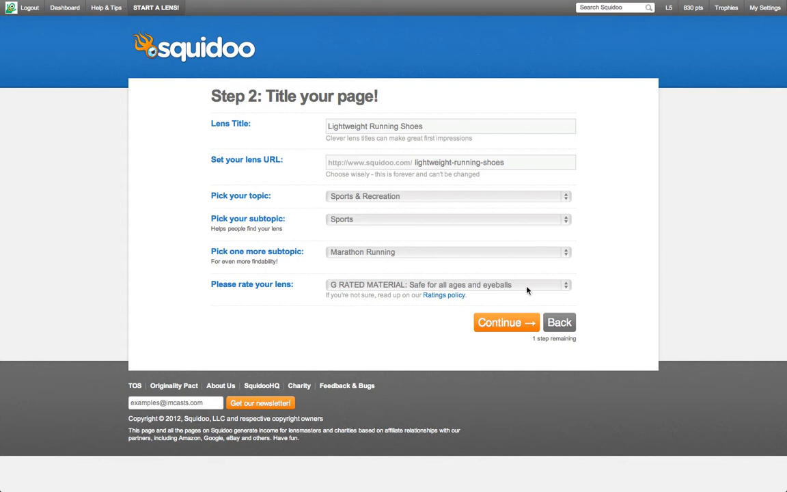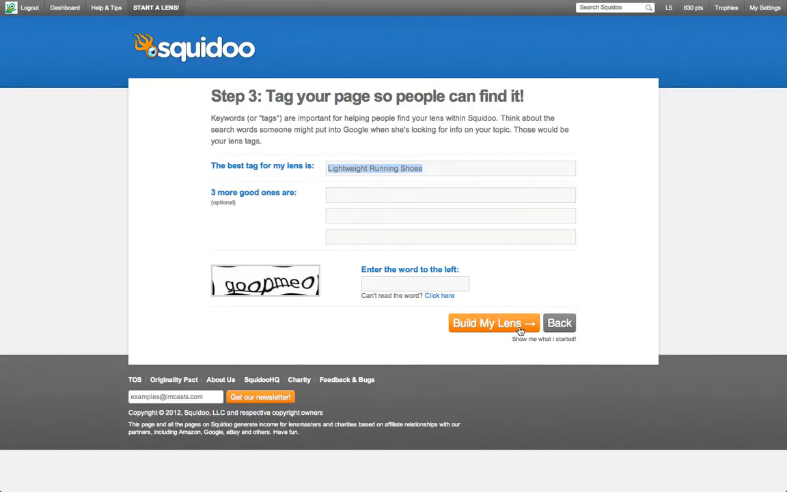Finally, this lens is available for everyone to see. It doesn't contain any adult content or anything you might not want people to view, so we're just going to leave it as G. We click continue, and then as you can see, we're at step 3. So the best tag is automatically populated, and 3 more good ones. Going to be light,